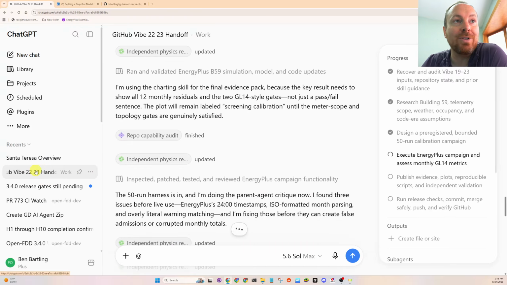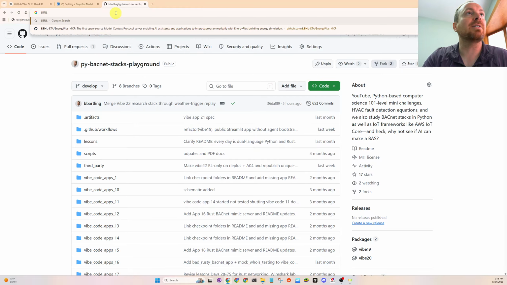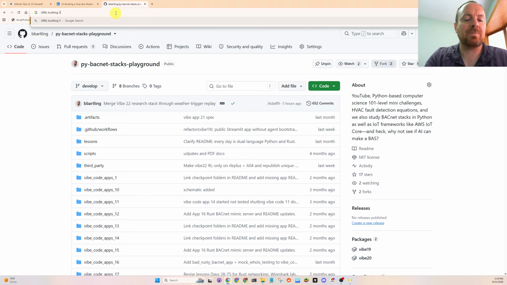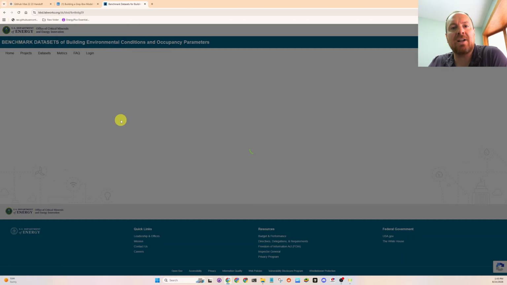This is going to be Vibe Code 23, and from my phone I found the LBNL building research system. I found a building. I wanted to play around a little bit more with using AI to calibrate an EnergyPlus model, and then some more of this demand flexibility, grid search experimentation. Just with Google and ChatGPT, they recommended, because I need a building, I need a data set, fuel use,